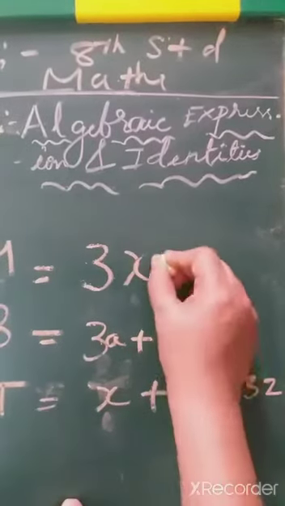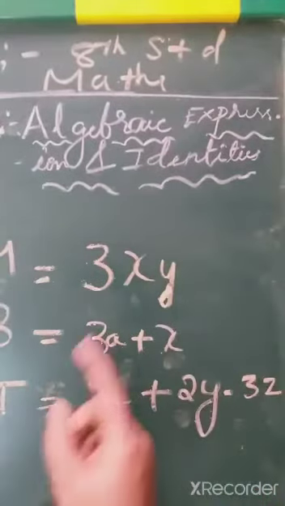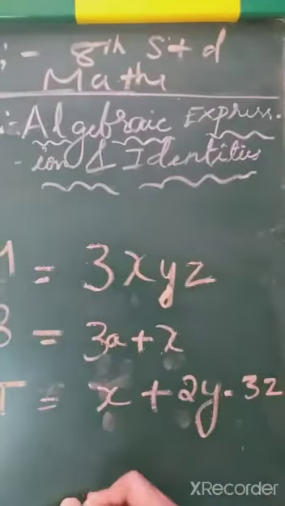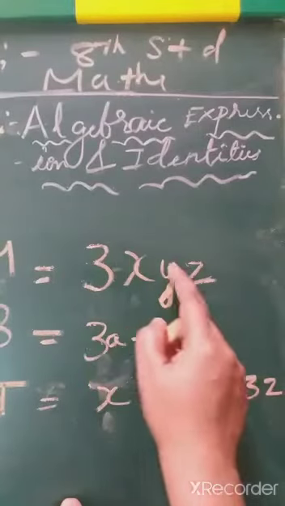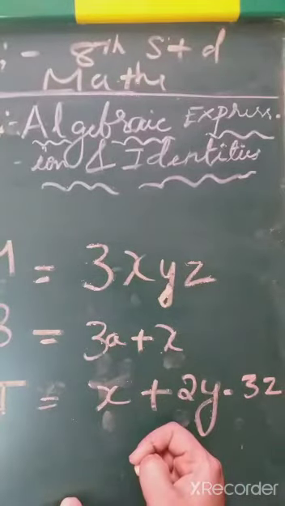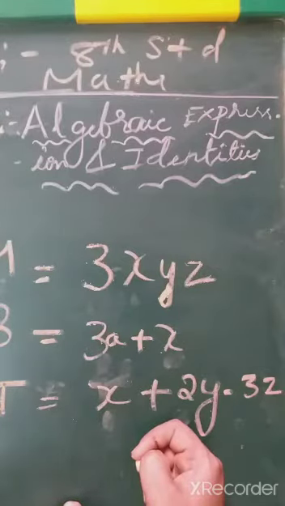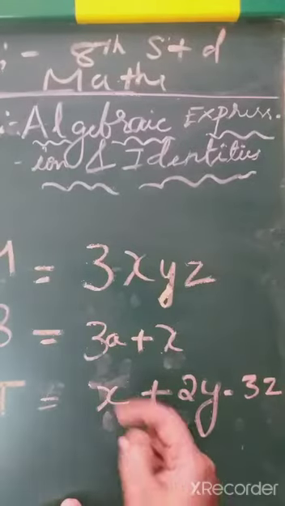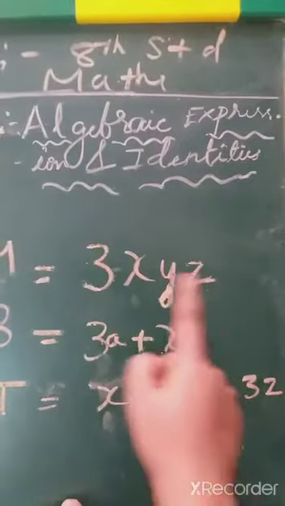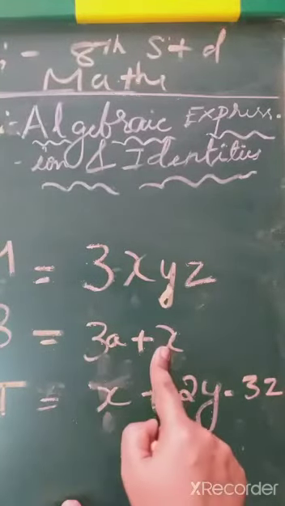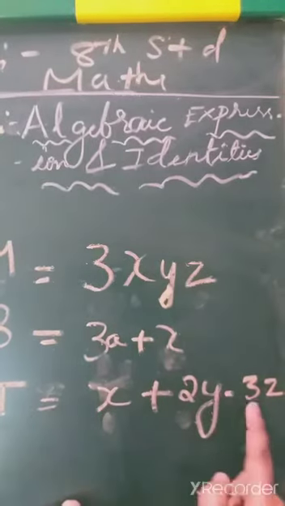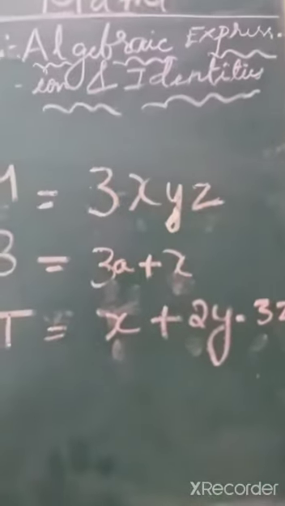So here we can add y, 3xy, then z. So this is also monomial because in between no symbol. If plus or minus symbols are given, that becomes trinomial or polynomial. Polynomial means algebraical expression with more than two terms. So 3xyz is monomial. Reason is in between no symbol, and here symbol is given. So this is first term, second term, two terms is binomial, three terms is trinomial. Then algebraical expression and polynomial over.